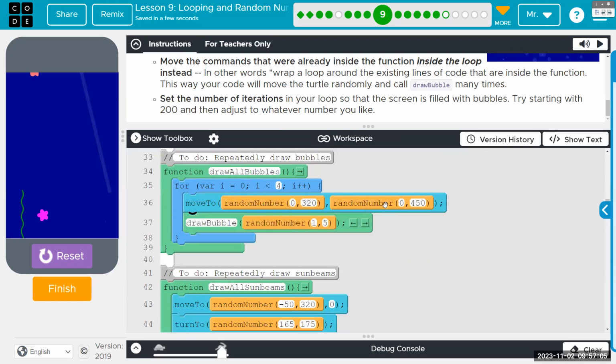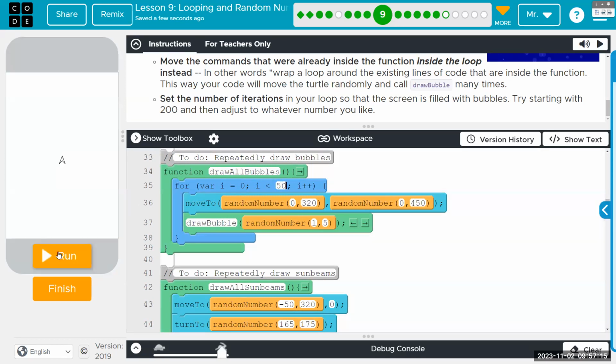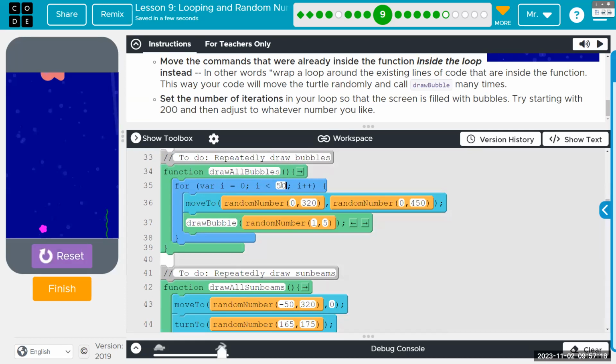So instead of just moving to a random spot and calling the function, we can do all of that 50 times. Is that what it says? Or 200 times? There you go. There are some bubbles.